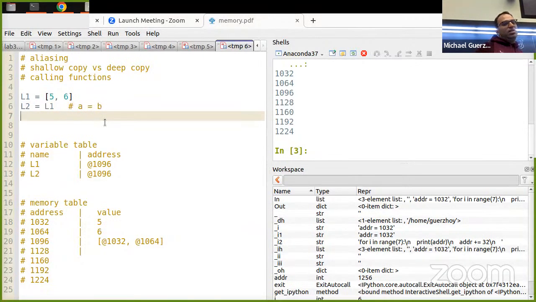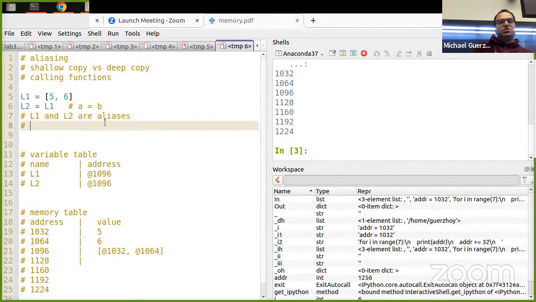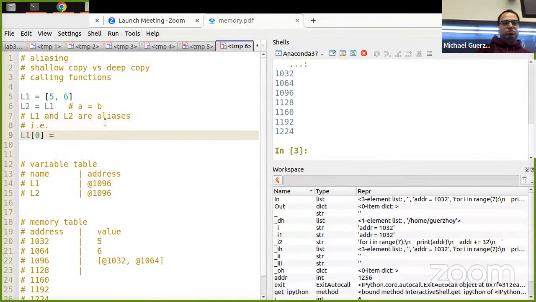All right. But that means that L1 and L2 are aliases. So L1 at 0 equals, let's say, 6, also makes L2 at 0 equal to 6.